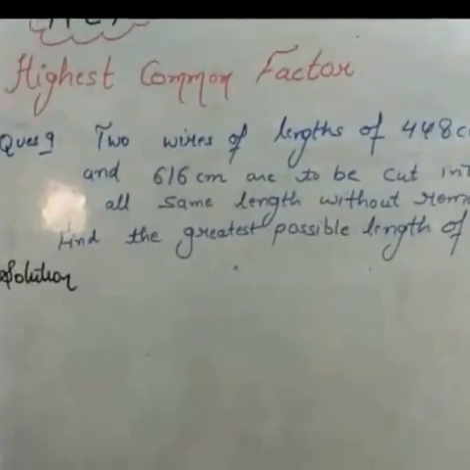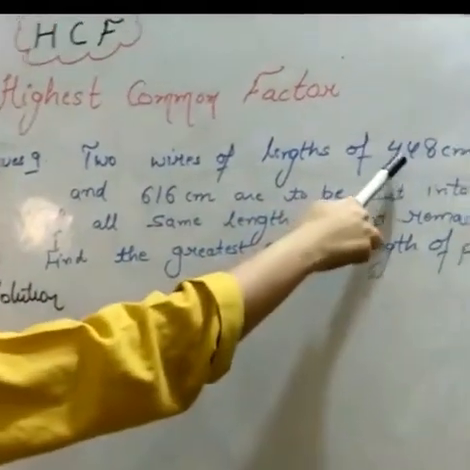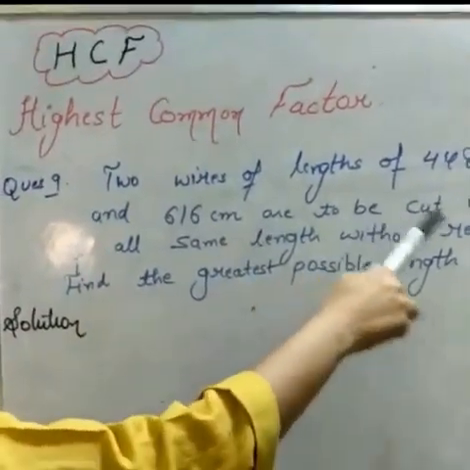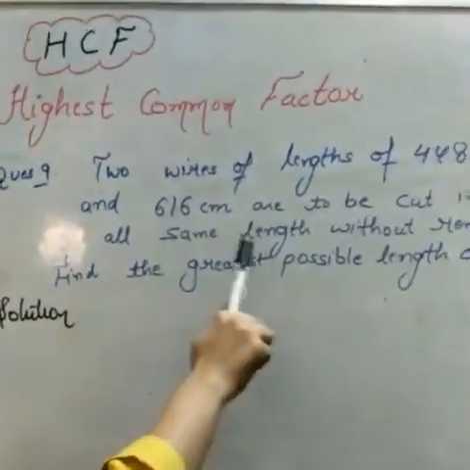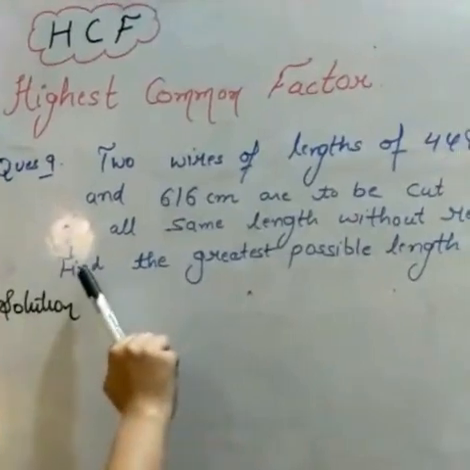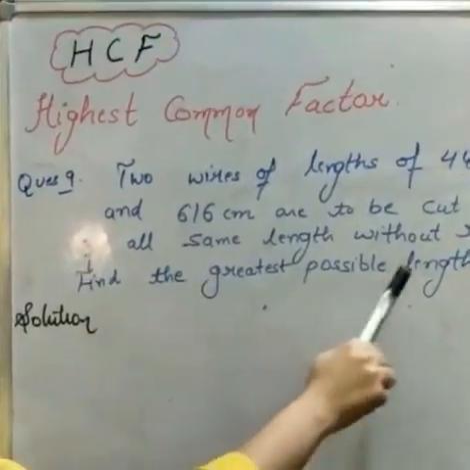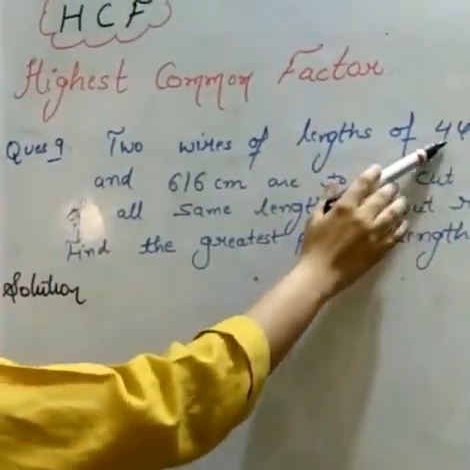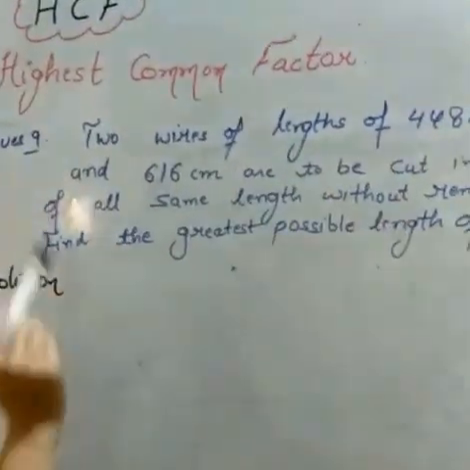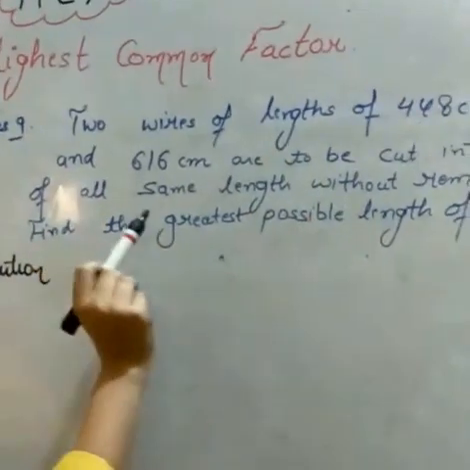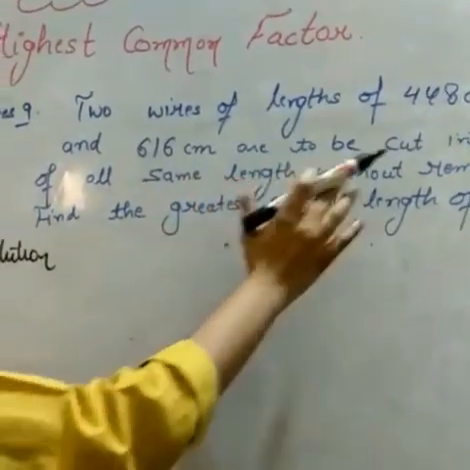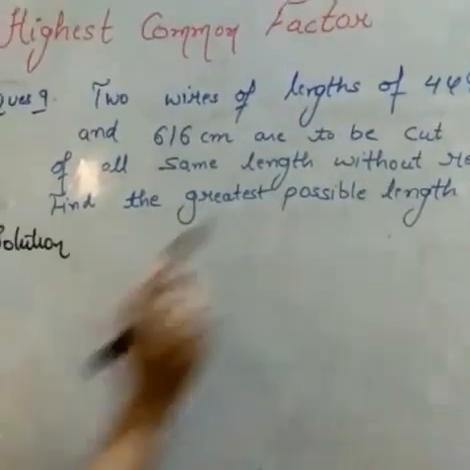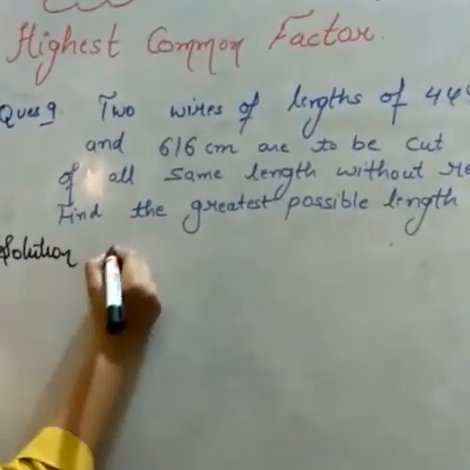Number 9 of your book. Two wires of length 448 cm and 616 cm are to be cut into pieces of all same length without remainder. Find the greatest possible length of the pieces. So there are two wires whose lengths are given as 448 and 616. We have to cut them into pieces, all of equal length, and no remainder should come. So what do we have to find? Greatest possible length of the pieces. So we will find